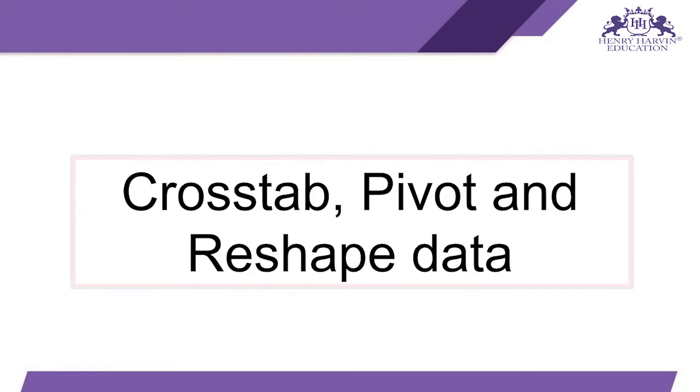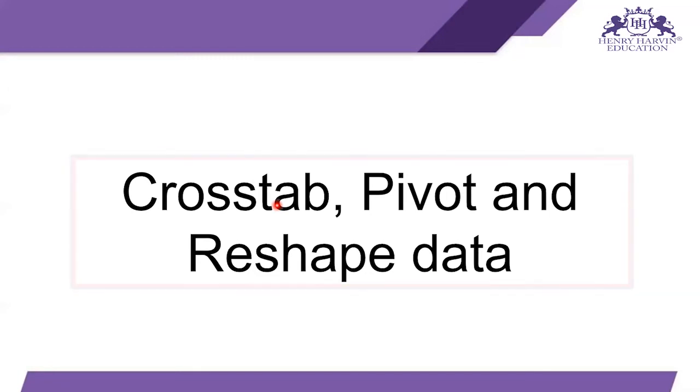Due to crosstab, pivot, and the methods to reshape data, it becomes easy for us to apply operations on data and change it into a suitable form which we can use for further operations and data analysis.